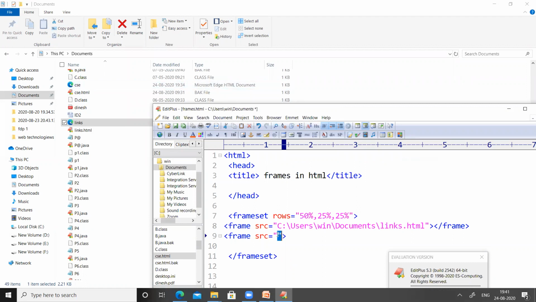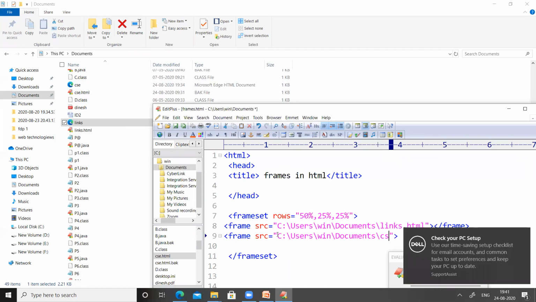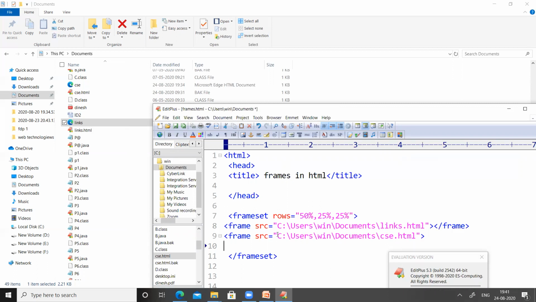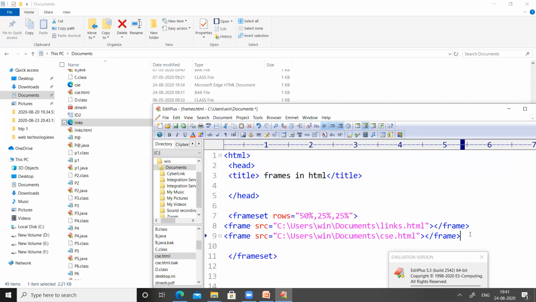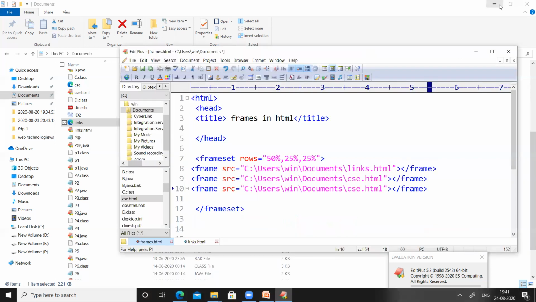So use the same path and extend it with csc dot HTML, and then close the frame tag. Let us display the same thing in the next frame also. As I said earlier, we can display the same web page on different frames, or different web pages on different frames. So this is the code we have written.